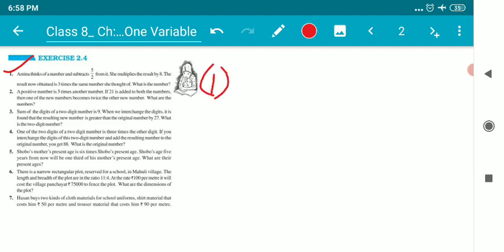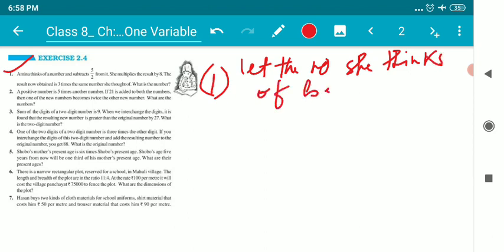We don't know. So children, we can say, let the number she thinks of be equal to x. As I don't know that number, I have taken x. She is thinking of the number x. Now, according to the question, means ATQ,